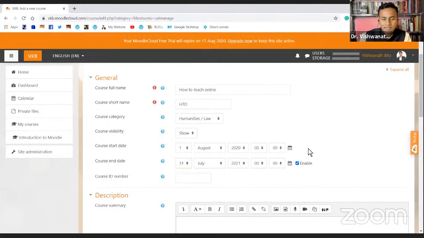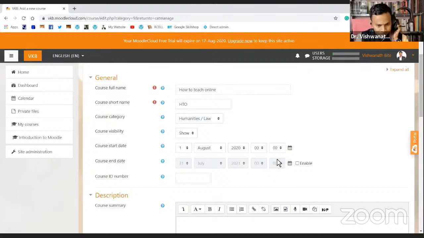Or there is this option, just click on this button here, and now end date is gone. We cannot customize end date. Why? And that perhaps is the best thing, because there are some courses in universities that are running for maybe 3 years.